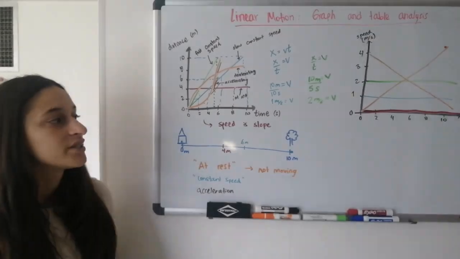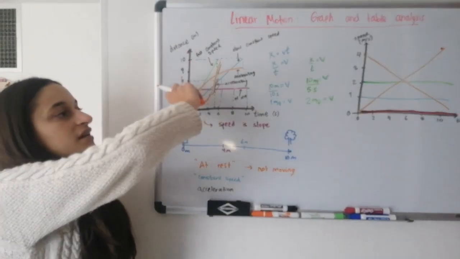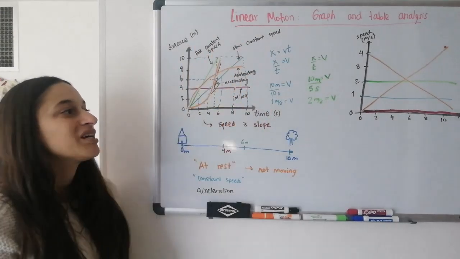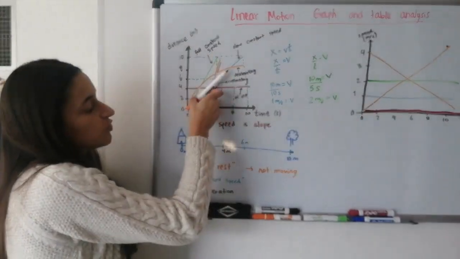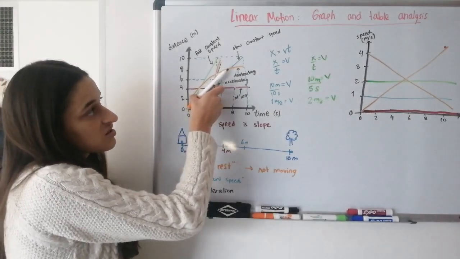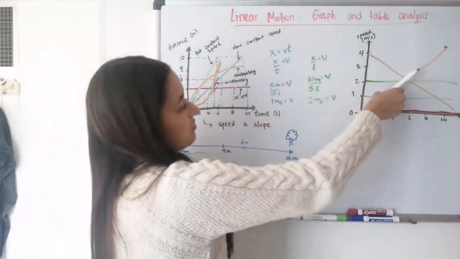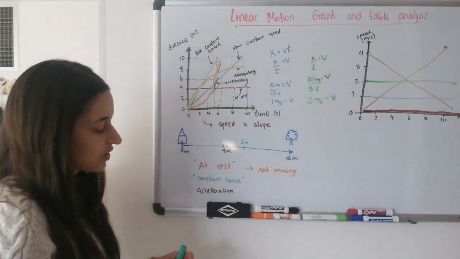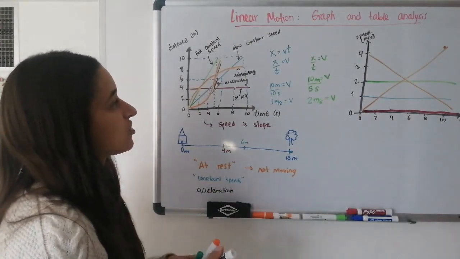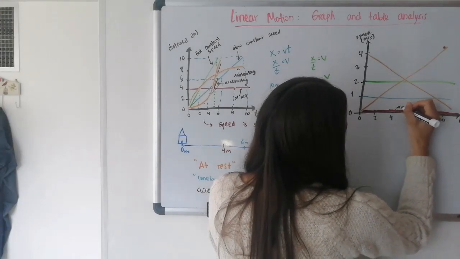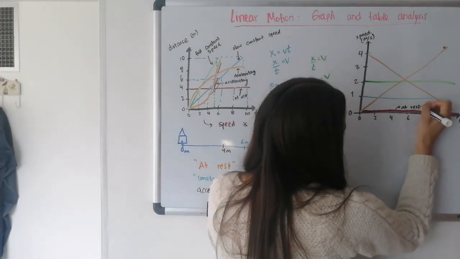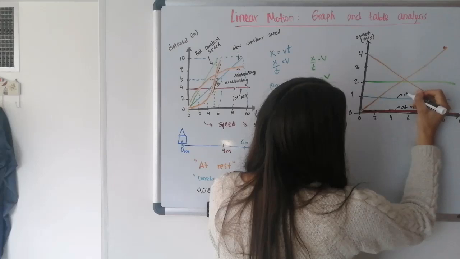So it's always really important to look at what is in your axis, distance or speed, because the same line, for example, this orange one and this blue one look the same, but here it means slow constant speed, and here it means acceleration. So let me label that so that you guys have that too. So this one we said was at rest. At rest when speed is 0. This is slow, constant